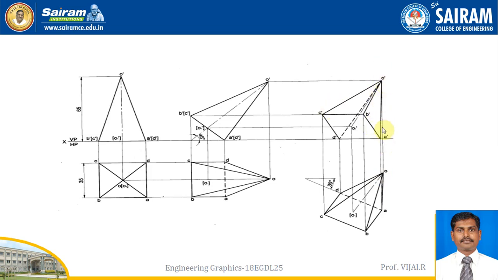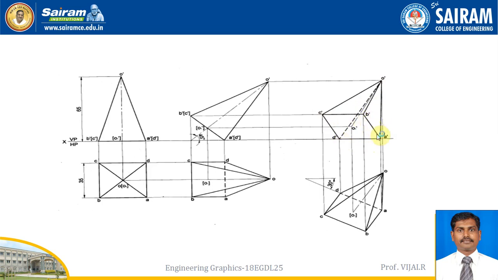Join all the corners, the visible edges, and the invisible edge. How can we see, sir, that it is invisible? All are visible, right? The plane is visible, and the corners you can see: A to O I am joining here, B to O joining here, C to O join here. So this is one triangular face, this is another triangular face, and it's a square face. All three are fully visible.